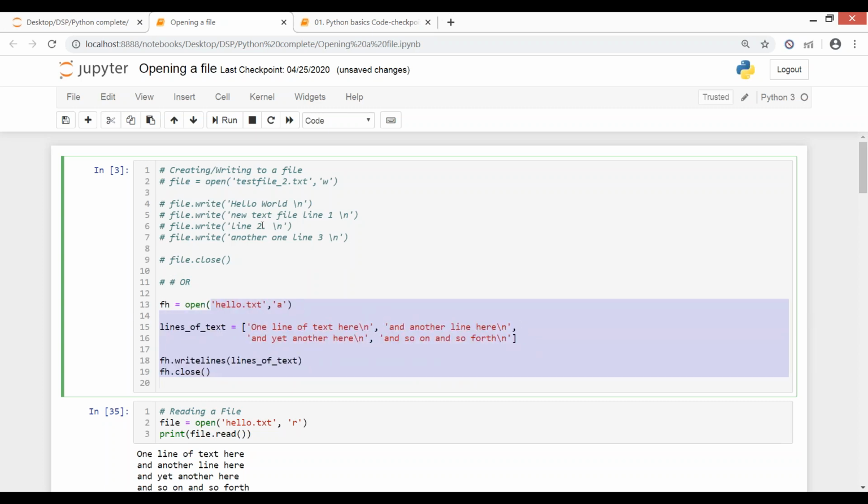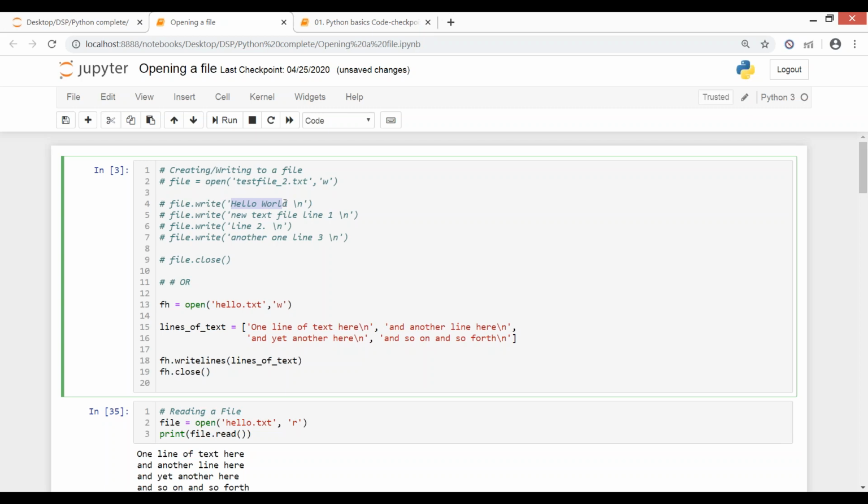So for this case, okay, let me do it for W for now. W stands for intention to write. If I'm saying W, it means I want to write to a file. Now, what I've done here is I gave individual writes. Yes Akash, good to go. It is showing 10.